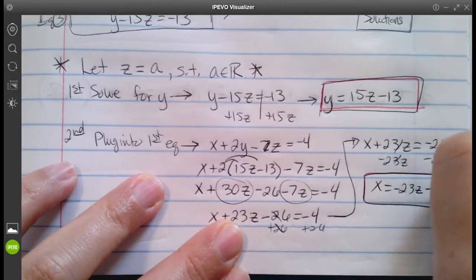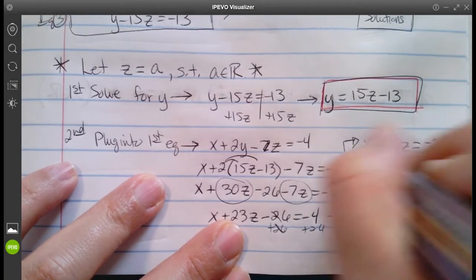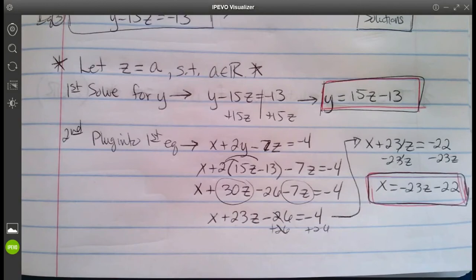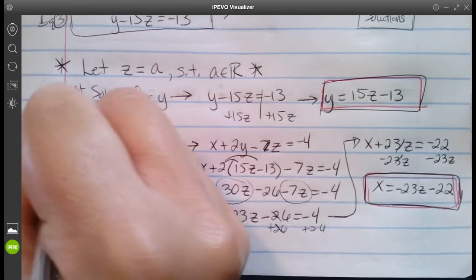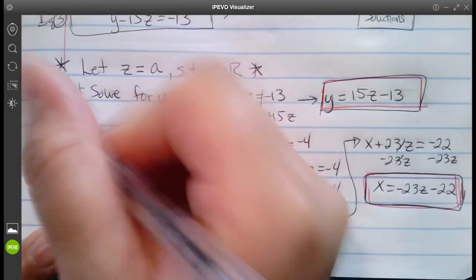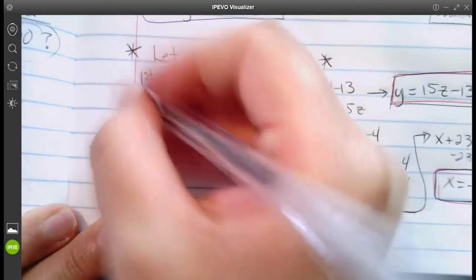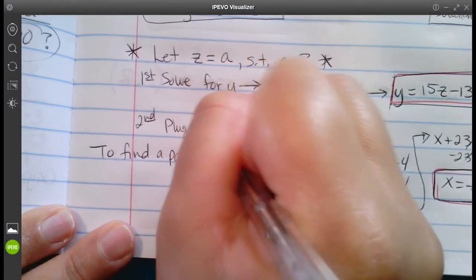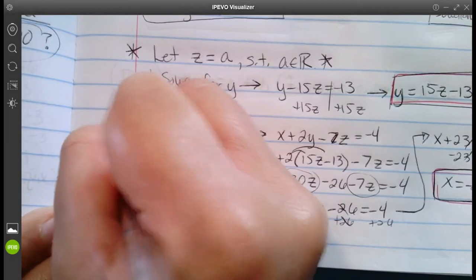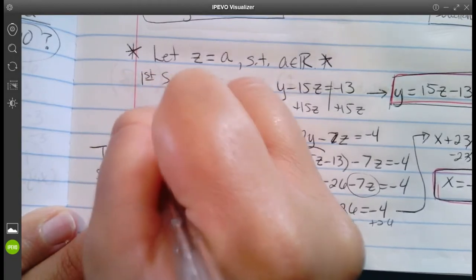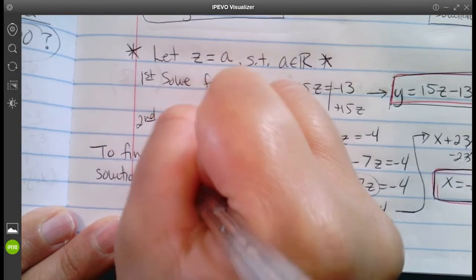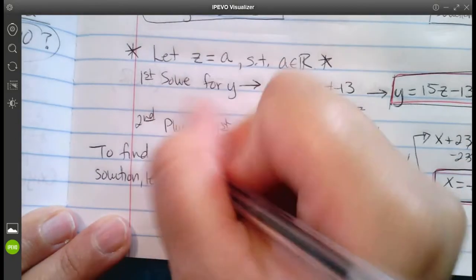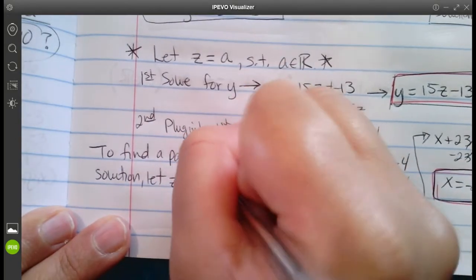And these are going to represent where we get our expressions from for the system. Okay, so here's how we're going to word this. To find, and this is a little bit of college verbiage, a particular solution, okay, let z equal a, just like what I wrote up here, such that a is a real number,